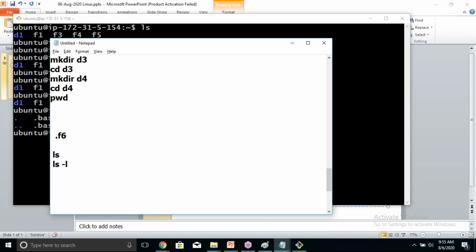ls -l will give you more information about the list of all the files and directories, with size, date and time, and the permissions. ls -a will show you the list of all the files as well as hidden files. You can use the combination, ls -la. With this combination of options, you get the long list of normal files and hidden files.